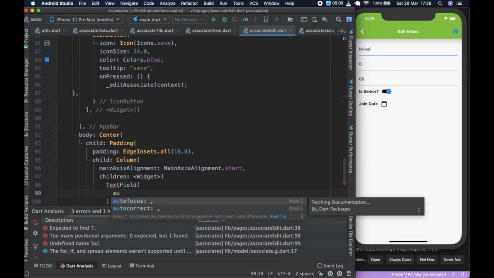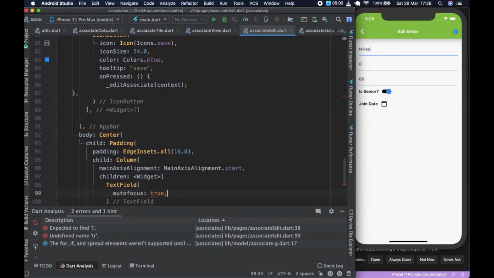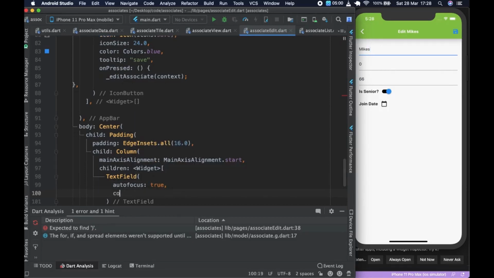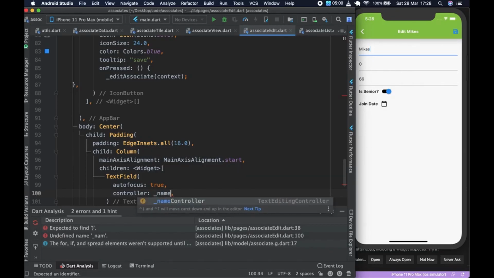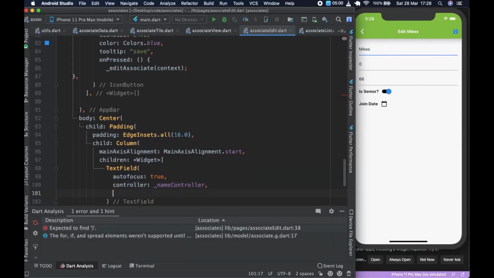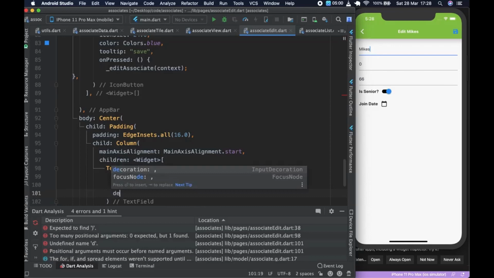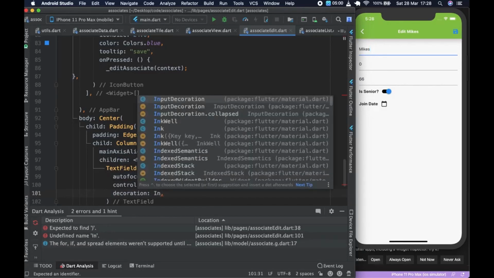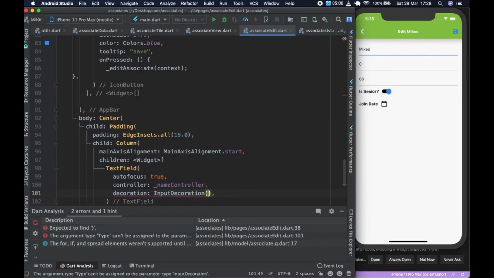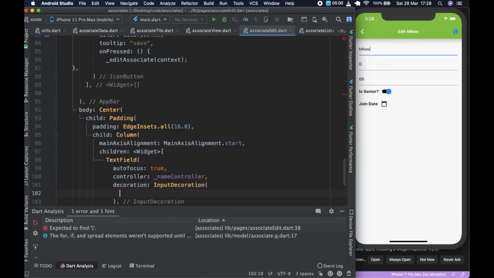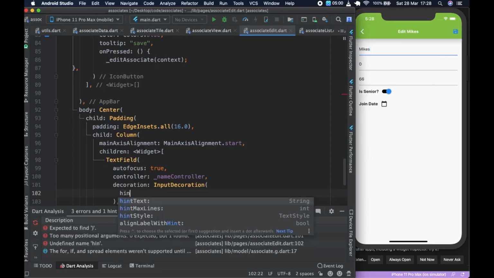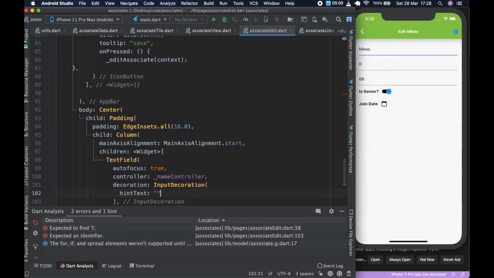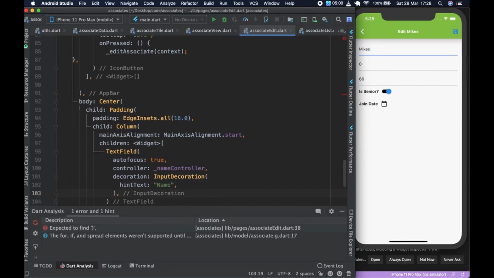We could say the autofocus, we could set it to true. The controller for this one is going to be the underscore name controller. We're going to add some decoration, which is going to be input decoration like this, and the hint text is going to be name like so, and